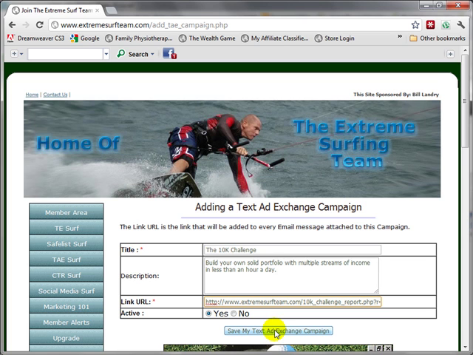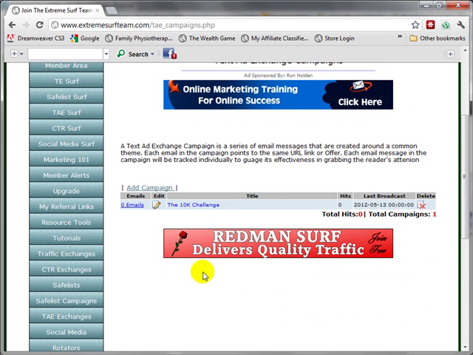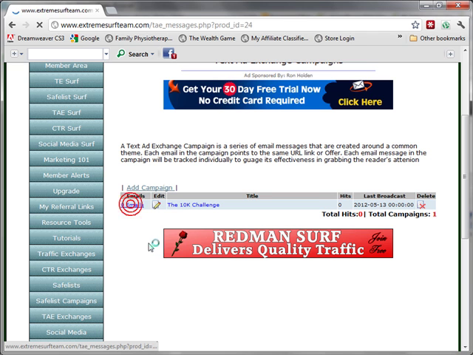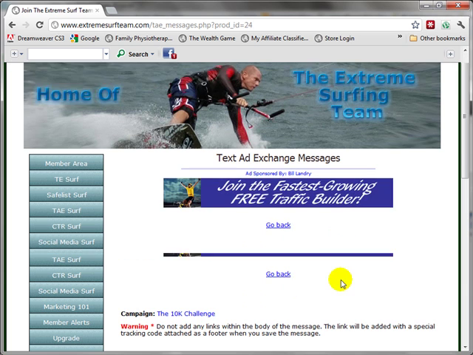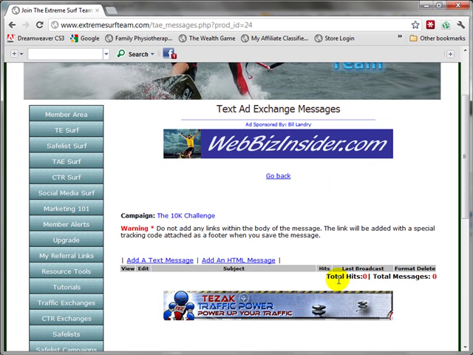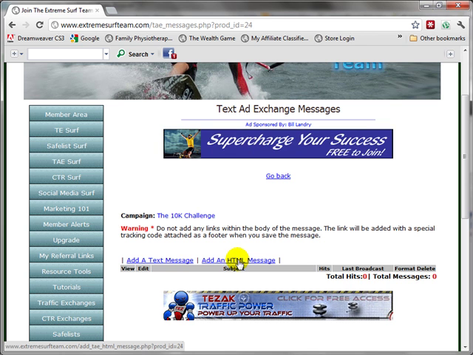Once you're satisfied with the campaign information, just click Save My Campaign, and as you can see, it is now here. Notice that there are 0 emails. At this point, we want to be able to create a text ad or email in this particular case. We have the choice of adding either a text message or a HTML message. In our case, we will select to add a text message. So we click the Add a Text Message link,